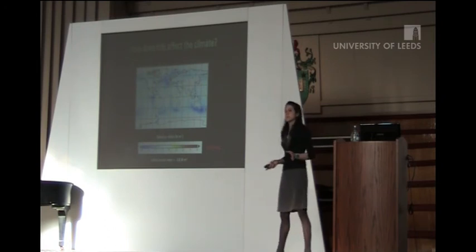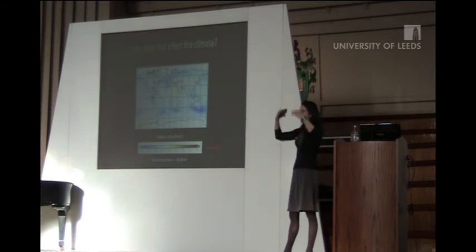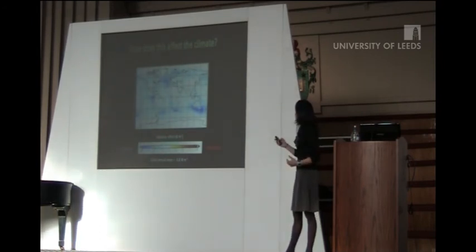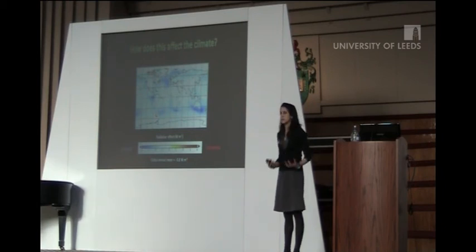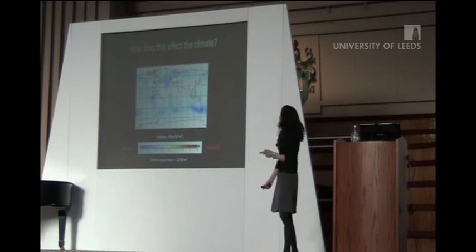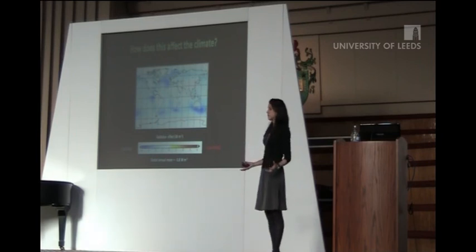But the reason we're interested in this is to understand how it affects the climate. So I take that change in the number of particles and use another model that simulates how the amount of radiation coming into and leaving the Earth system will change as a result of the inclusion of these molecules. So this map shows how the flux of energy is changing. Anywhere with a blue colour is actually experiencing a cooling effect. And so you can see that there are large patches of quite significant cooling. And what's interesting to note is that they're not often over the areas that I actually had the biggest changes in these particles that can form cloud droplets.